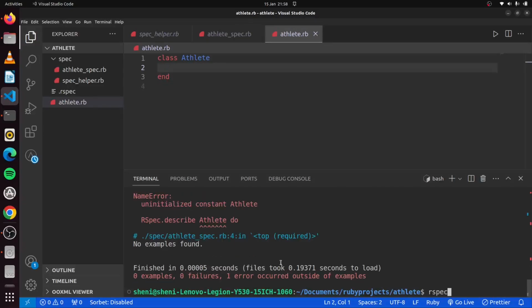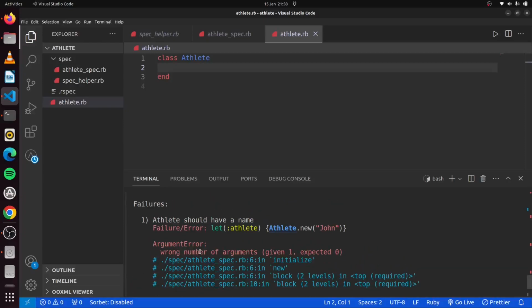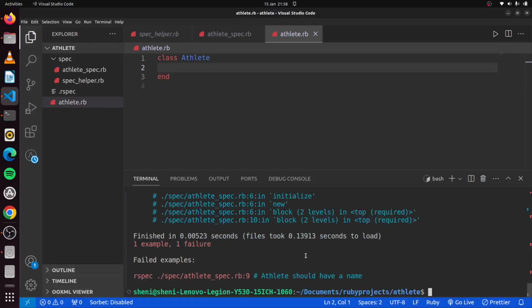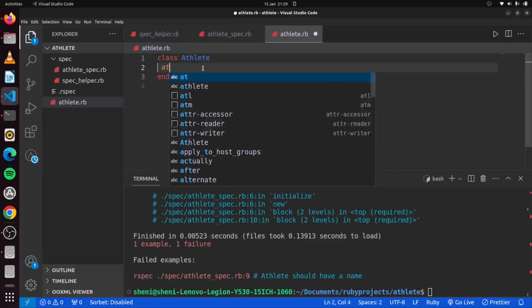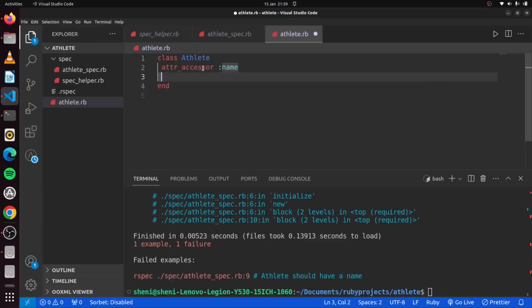We save it and let's run our test once more. And there we go. You can see we have a different error now. Wrong number of arguments given. We gave 1 and it is expecting 0. So let's update this here. We can simply add our attribute accessor for name, and then we can